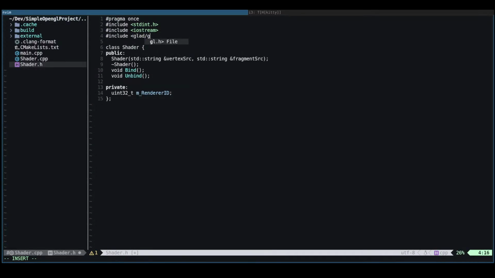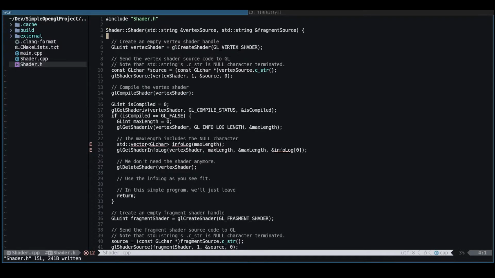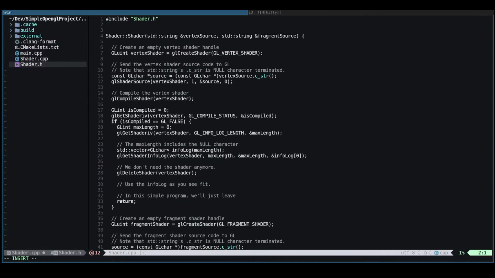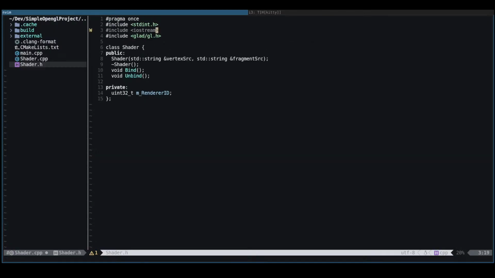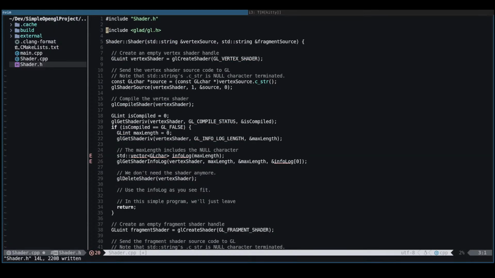Include glad GLH, we can do it inside of there, and include a vector. And there's no syntax highlighting here, sadly. When I fix tree-sitter, there'll probably be syntax highlighting or some other package. Now,